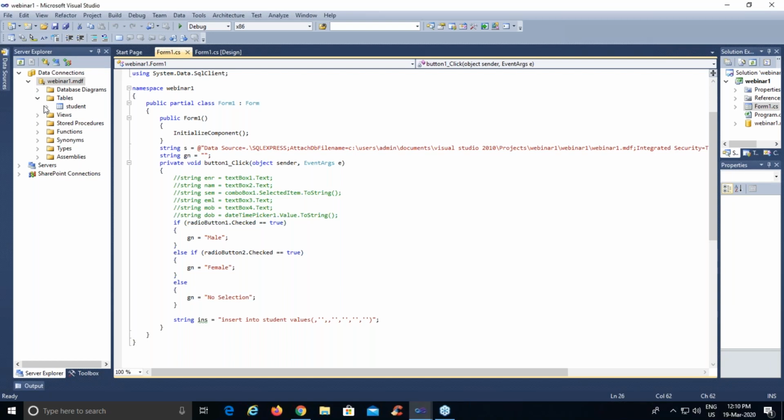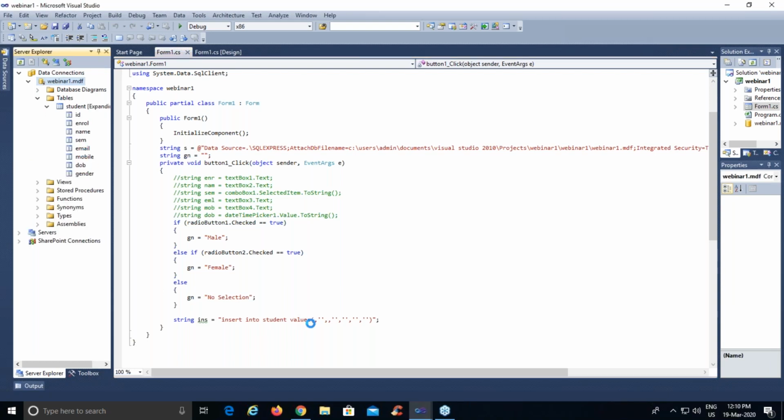Right? So this is the table and these are the columns. Again, as I said, for varchar we are using single quotes. For types other than varchar, such as numeric, we are not going to use single quotes.